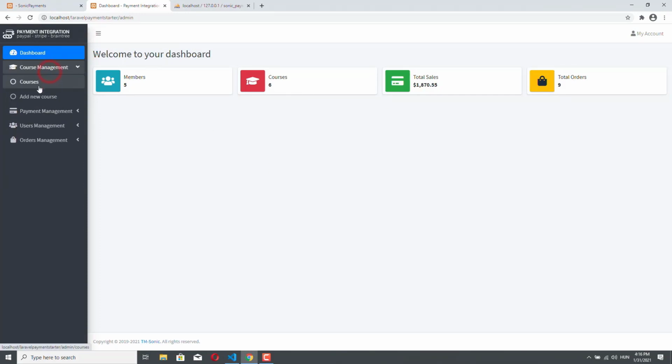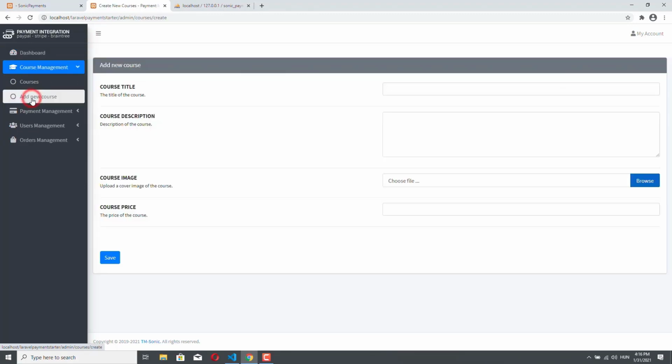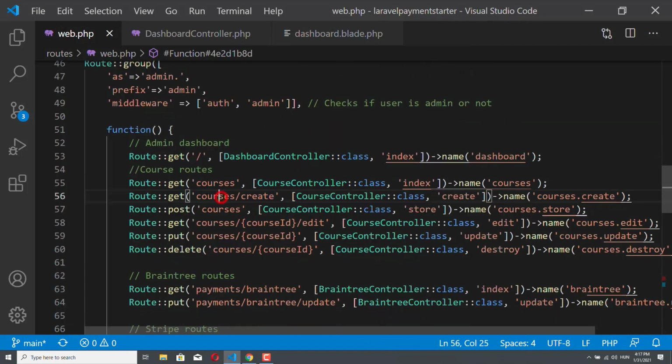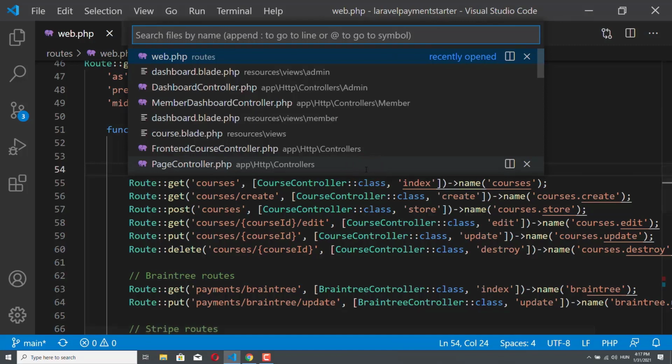So let's just go to the courses routes, and why don't we start with the add new course route? So admin/courses.create. Let's go to the web.php file, and yes, indeed this is a get route, so courses.create, but don't forget that we have a prefix, so this is actually admin/courses/create, and this route is picked up by the create method of the course controller. So let's just navigate to our course controller,